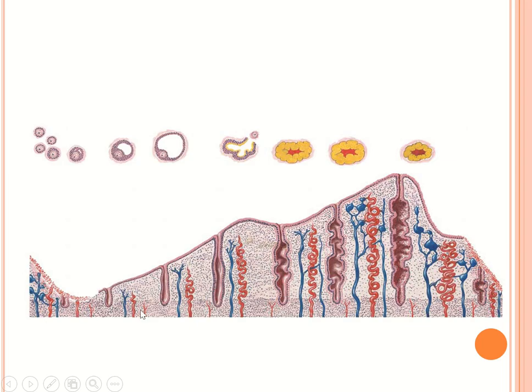In the stratum basale, the blue and red colors are the arteries, and you can also see some endometrial glands over here, right? In the first 5 days, the endometrial thickness is reducing because this whole layer is coming off, along with the cells, the blood vessels, the glands, and the blood, everything is getting sloughed off. So at the end of the fourth or fifth day, the endometrium will only have the stratum basale layer. The functional layer is already gone. Now the stratum functionale layer has to grow back. Clear? It has to start proliferating. All the glands, the blood vessels, everything has to proliferate, and the endometrial thickness will keep increasing.